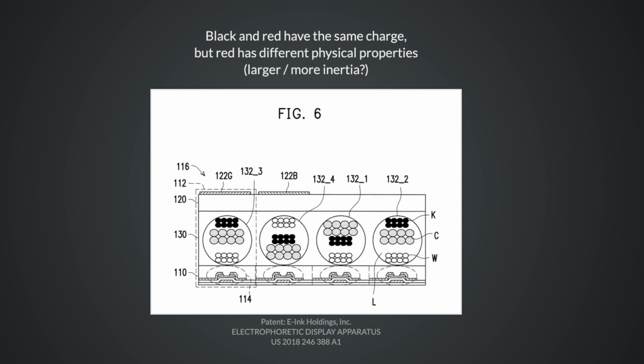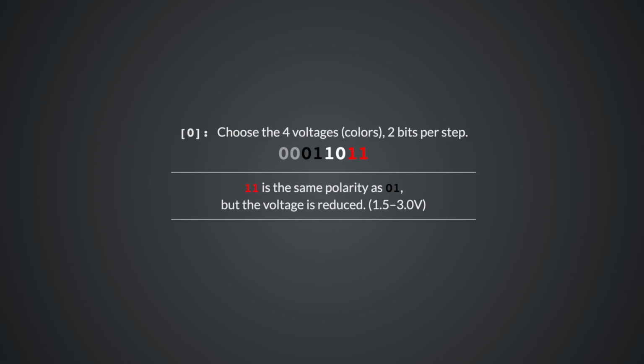And here's a picture from an e-ink patent that might confirm that. And we have to update our lookup tables for the waveforms. There is this 4th voltage you can apply on these color boards, which is a reduced voltage of the same polarity as for the black particles. And this,